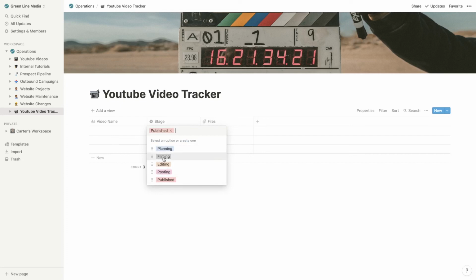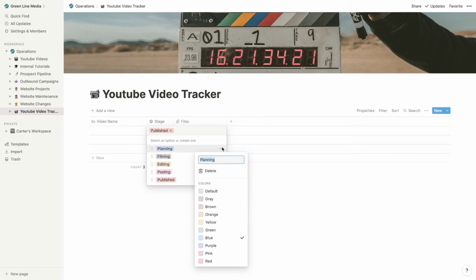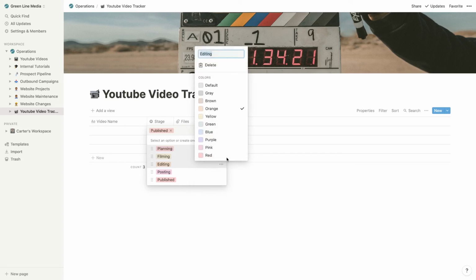Mine actually gets condensed down to just filming and editing. Essentially, there's only two views that we need because the editor handles all of the posting and publishing, and I handle the filming and planning. So these are bundled together in my system. But you can put as many stages in here as you want. And then I like to make that a little smaller because it doesn't need a ton of space here. You can change the colors so that they're more fitting for the situation. So maybe we naturally go towards warmer colors. Or maybe we go from red, like stop, and then yellow, and then green, and maybe we go blue,